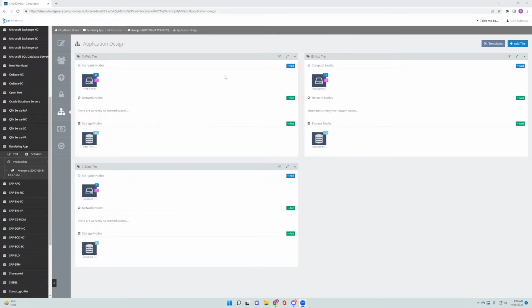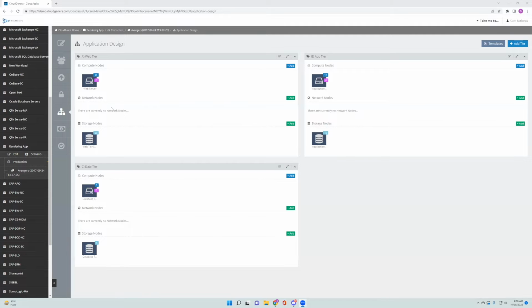Now, let's take this rendering application as our example. Say this application needs to render graphics at a considerable volume and rate. A standard compute instance with the run of the mill GPU isn't the optimal path for that business, but what is? So, in the CloudGenera application, looking at our rendering application example, we have this set of web, app, and